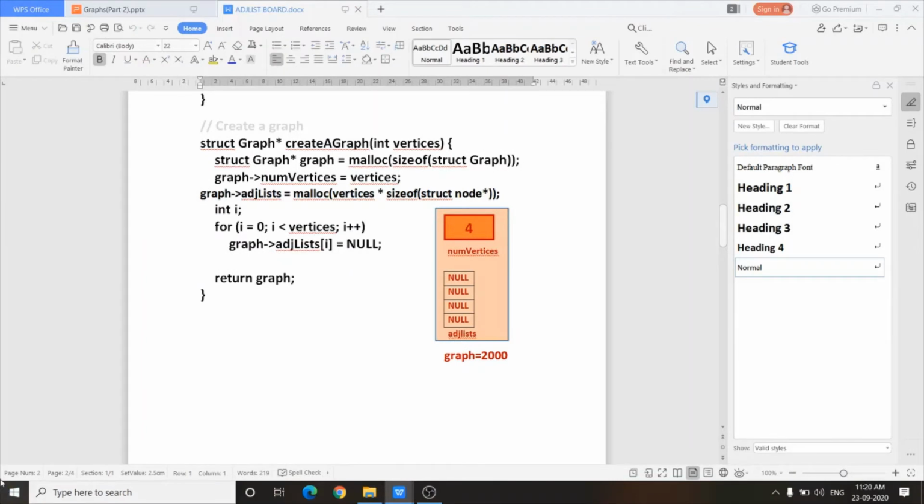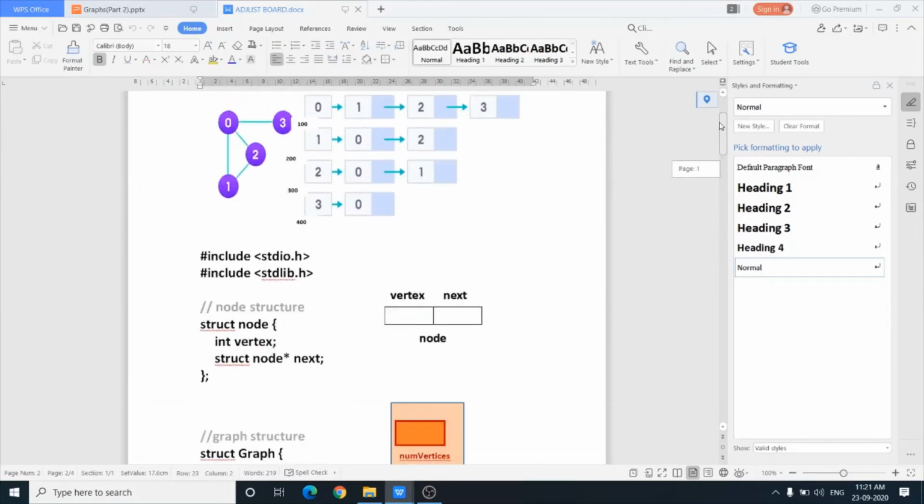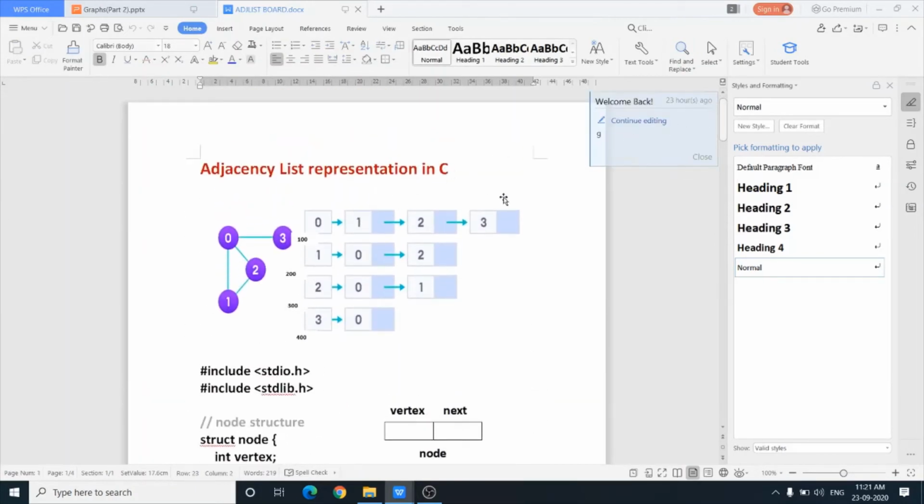Next, adjList. What is adjList? adjList is the address of this memory chunk. See, this list holds all the starting addresses of these linked lists: this linked list, this linked list, this linked list and this linked list.